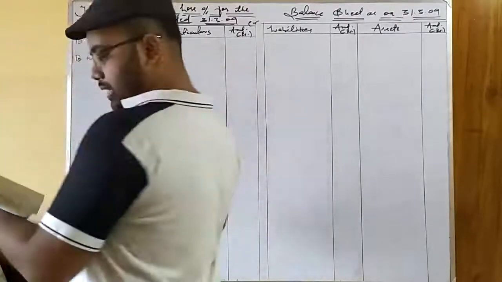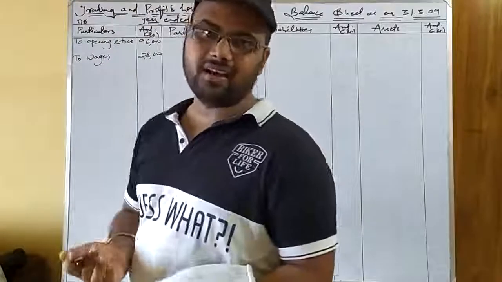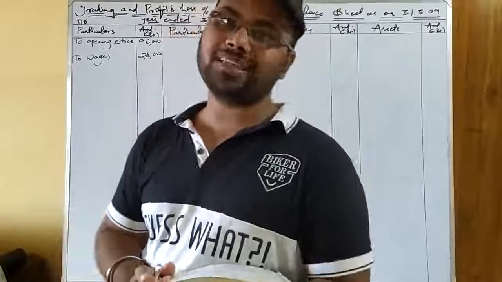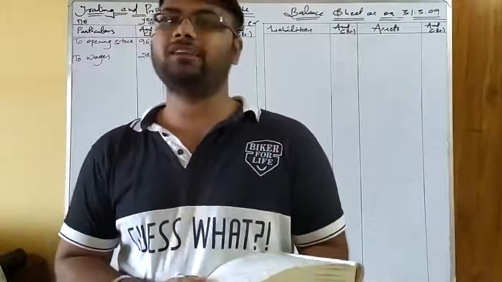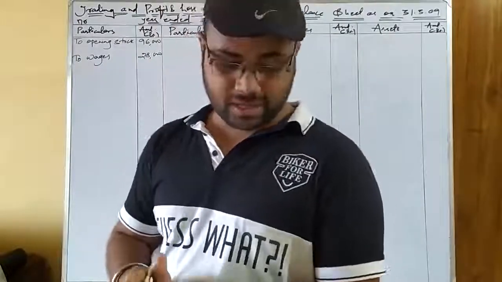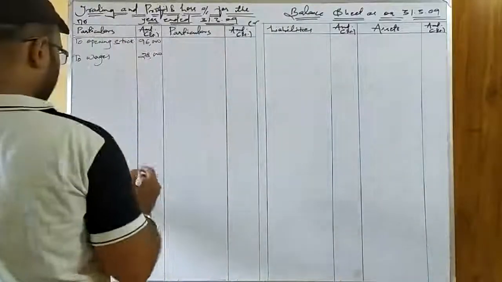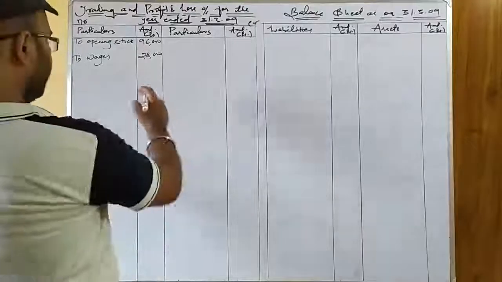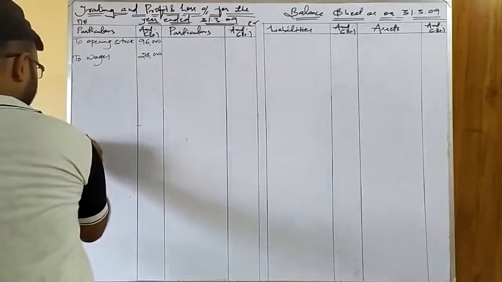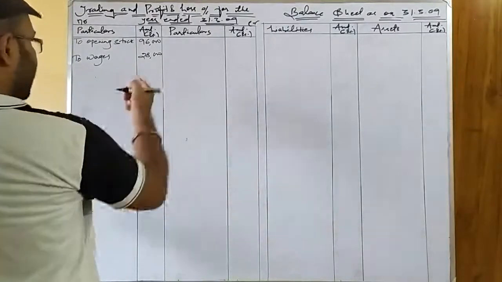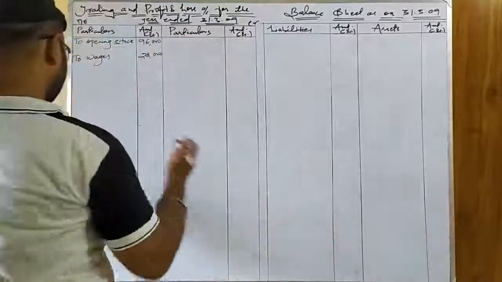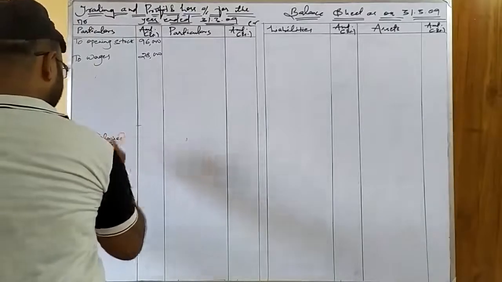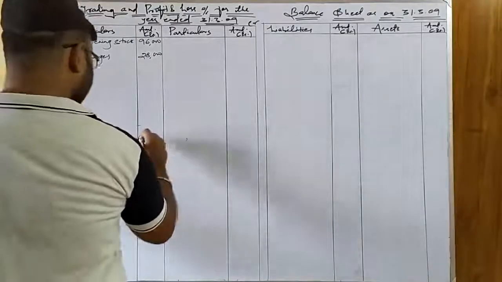The next item is salaries, and salaries again is an expense, but this is paid to employees, and employees work in the office. So office related expenses are indirect expenses. So salaries will be taken to profit and loss account. Okay, I'm marking just to make a classification between trading and profit and loss. So after leaving a space for posting of any profit or loss that arises after closing trading account. Okay, so I'm writing here to salaries. So salaries given is 4,000.